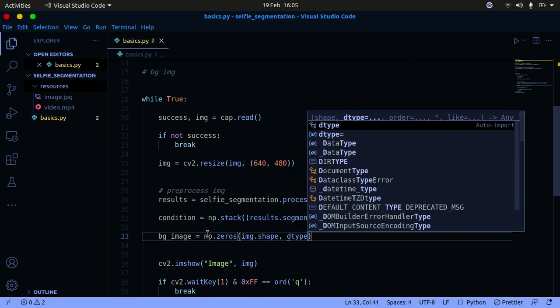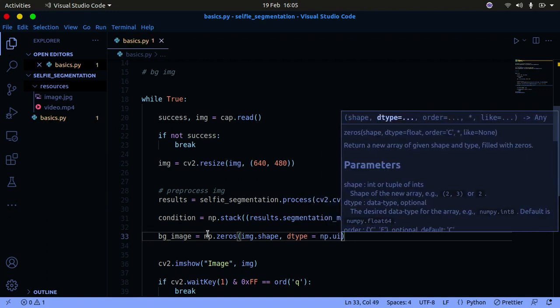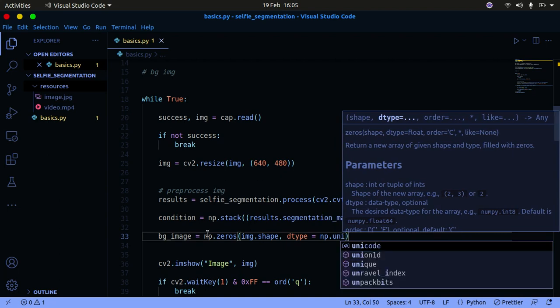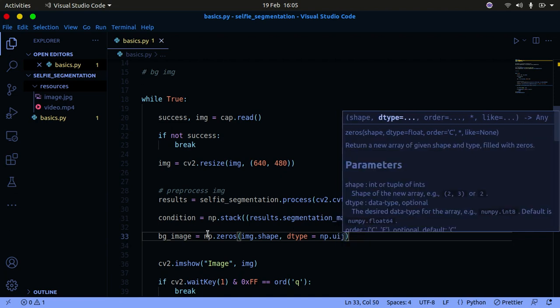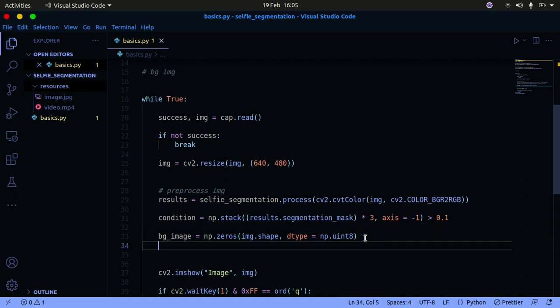So we're going to say that dtype is going to be equal to np.uint8, sorry, this is uint8. Yeah, let's say uint8, so it's going to be unsigned int of 8 bits. Okay, so once we have that, I can go ahead and give bg_image, and I want to get all the contents. Sorry, I have to use the square brackets. I want to get all the values, and I want to set the values to